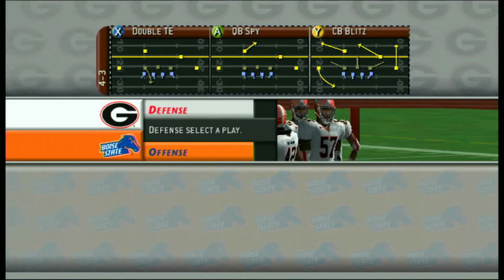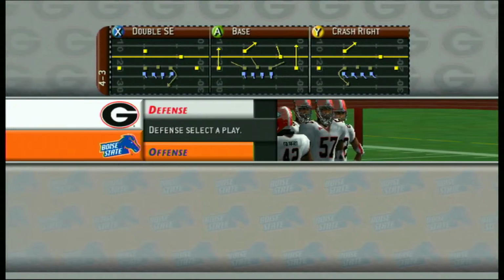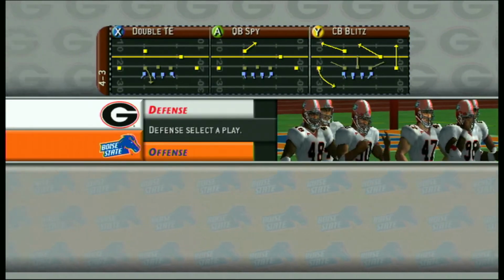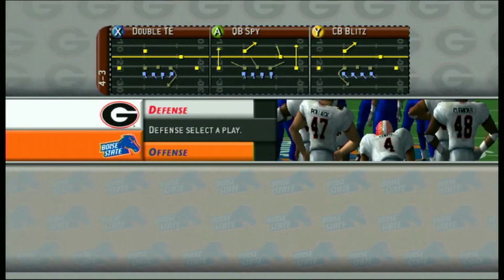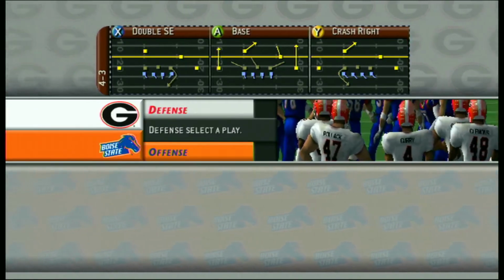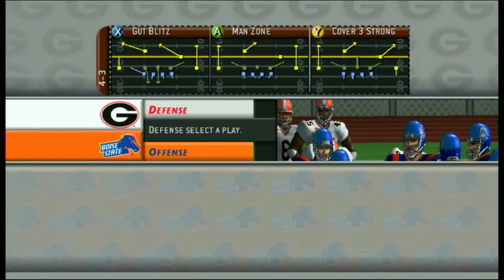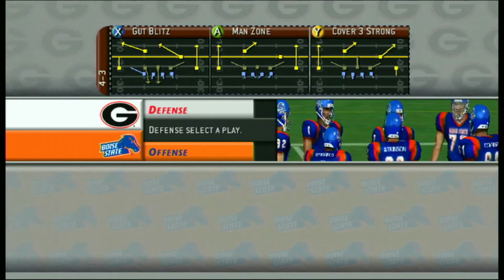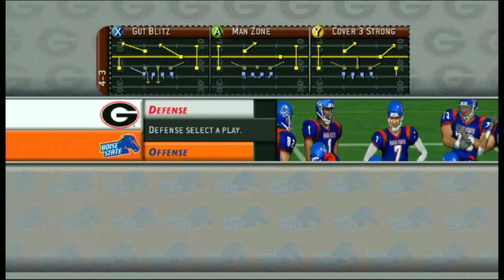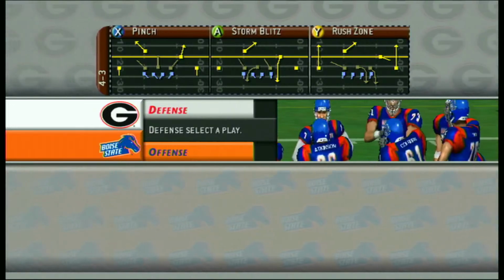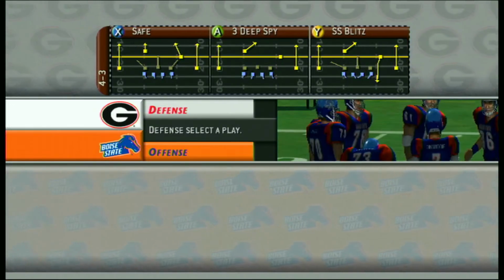I'm sure that's not where it comes from, but basically the idea of sky and cloud coverage. So to me, cloud is both the safeties. It is cover 3, but the safety is floating like clouds, and then the other one is not. It's sky. So you've got cover 3 blitz as a cloud coverage, and guts blitz is a cloud coverage. Man zone is a sky coverage. 3 strong is a cloud coverage. Does that make sense? Here, rush zone, the right-hand side, is a sky coverage.